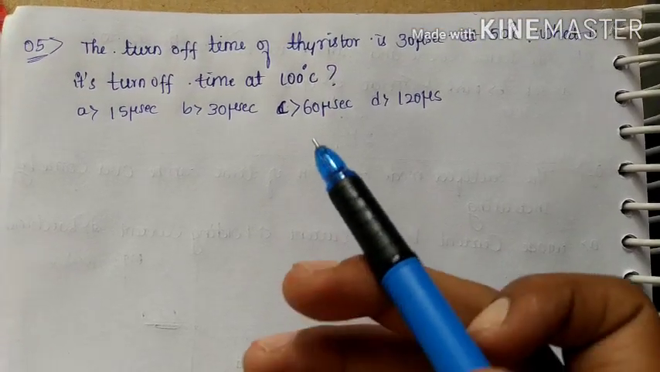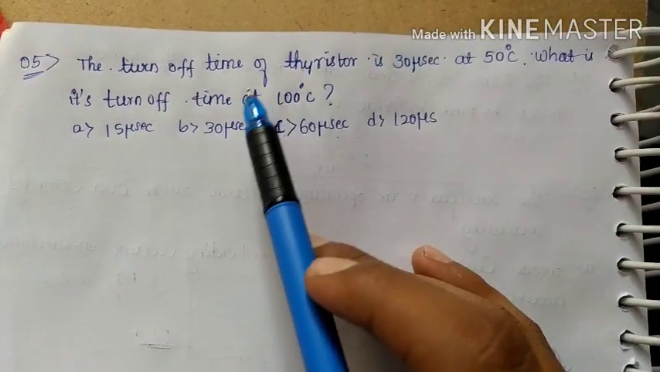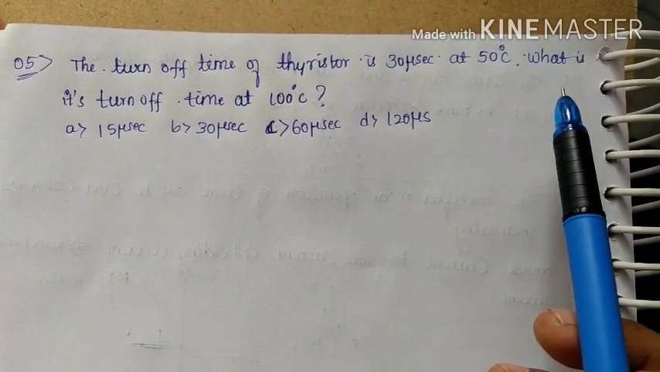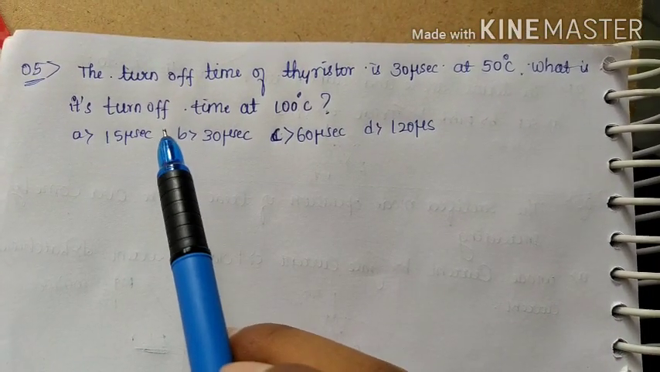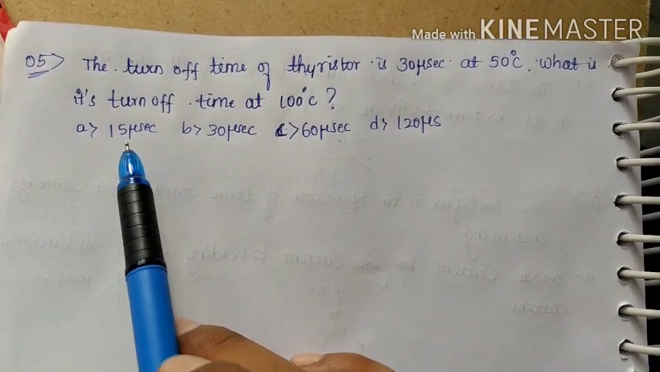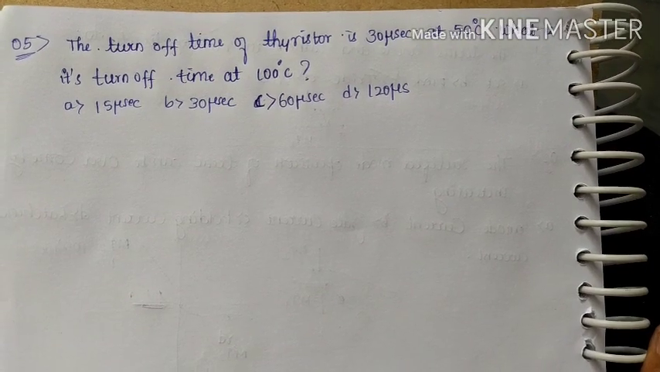This is the next question. This question is asked in IES 2017. So the turn off time of a thyristor is 30 microsecond at 50 degrees centigrade. What is its turn off time at 100 degrees centigrade? They are asking. So options they are given as A 15 microsecond, B 30 microsecond, C 60 microsecond, and D